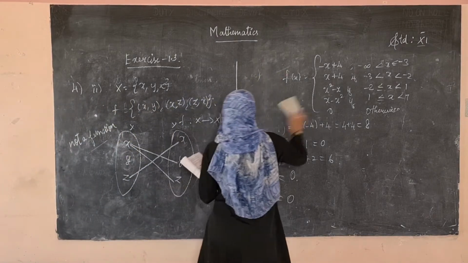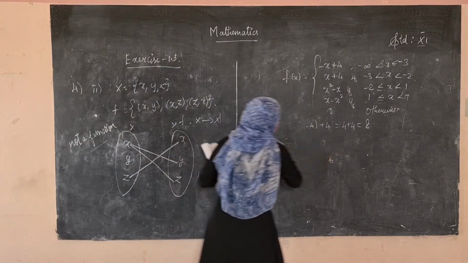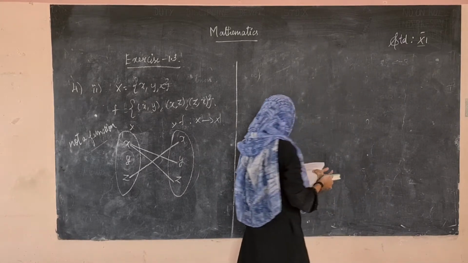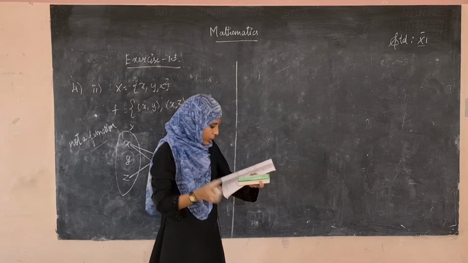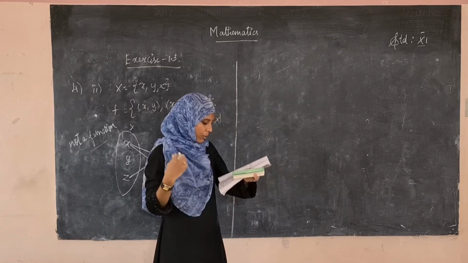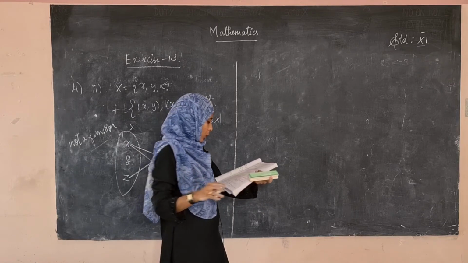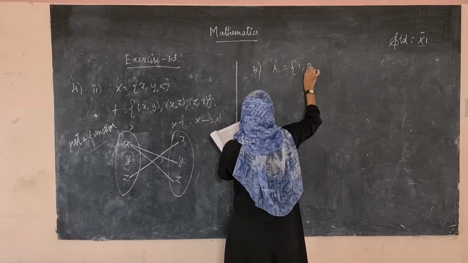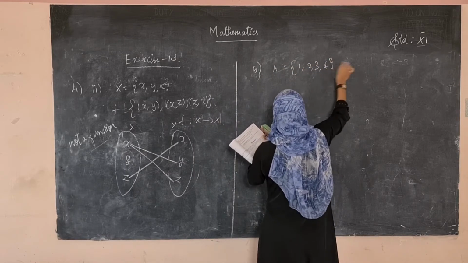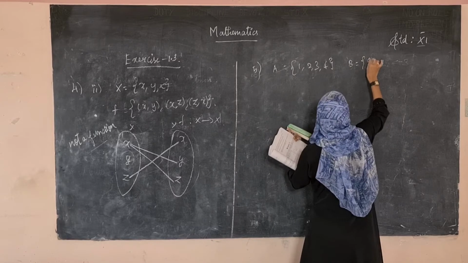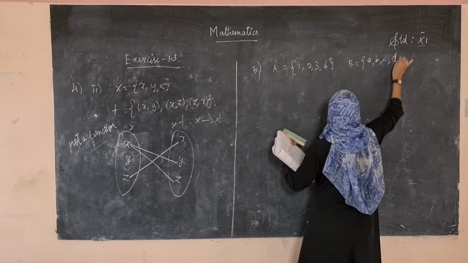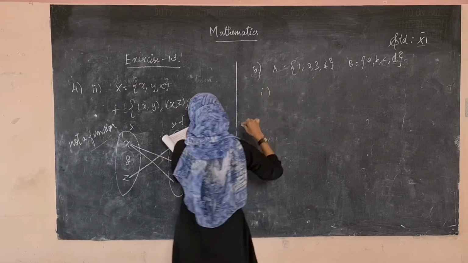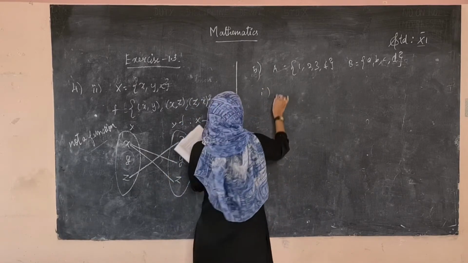Now, the fifth sum. Let A and B be sets. Give a function from A to B for each of the following. So, fifth sum. What is A? A is equal to {1, 2, 3, 4}. What is B? B is equal to {a, b, c, d}. So you are going to give a function which is